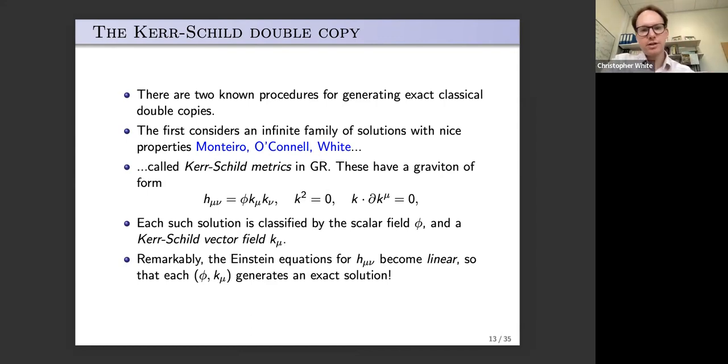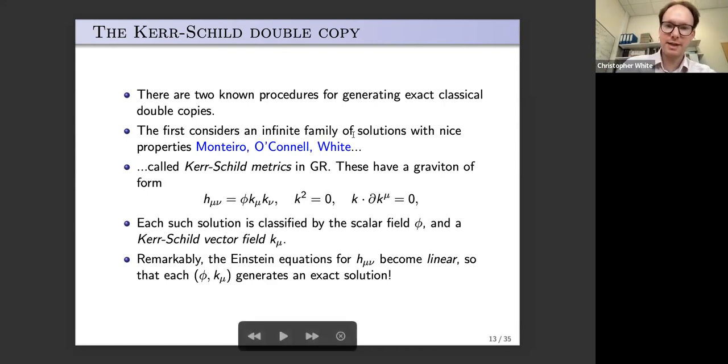Now, each of these Kerr-Schild solutions is classified by the scalar field and by what I'll call the Kerr-Schild vector. And actually this ansatz arose historically because it has the effect that if you put it into the Einstein equations, they become linear. So you've not thrown any terms away. It's just that the equations themselves happen to linearize. And that means it's much easier to find solutions. So this is how the Kerr metric for the rotating black hole, or Kerr black hole, was originally found, actually